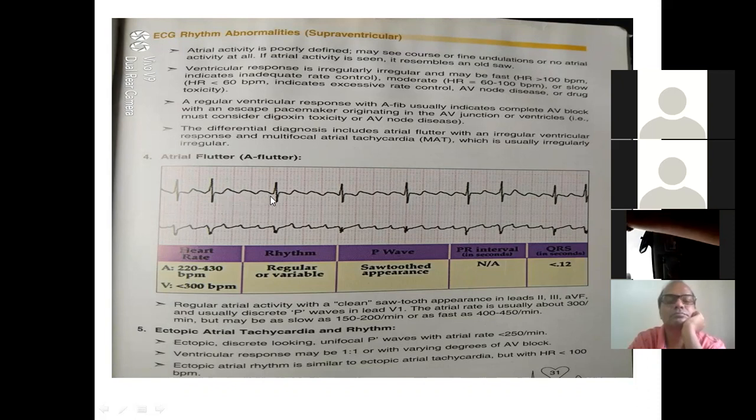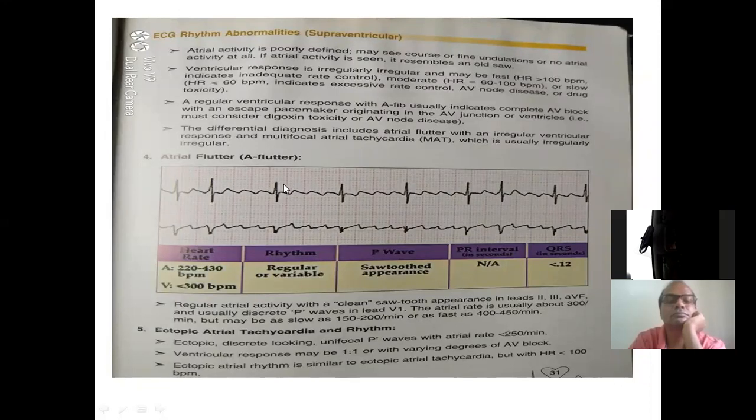So weird ना. कहाँ normal P? So QRS is okay. Heart rate is 1, 2, 3, 340 almost, between RR interval 1, 2, 3. So this patient में problem नहीं रहते. If the ventricles are beating regularly, the patient will not have problem, or if the atrium is beating regularly, the patient will have problem.